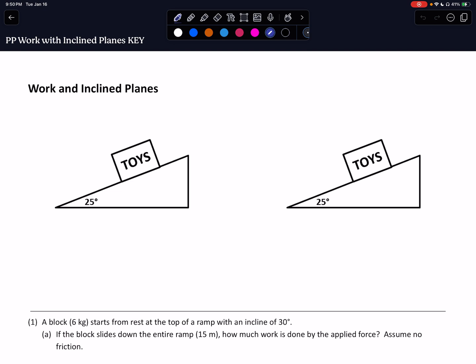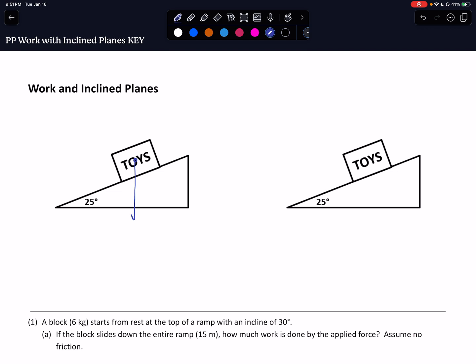This is the second in my series dealing with work and energy. This one is specifically going to look at when we apply a constant force, but the object is moving up or down an inclined plane. I wanted to pull this specific problem type out separately because it's a little tricky: you have an incline angle and then you also have this angle theta in your work formula, and sometimes it can get a little confusing. Just as a reminder, when you have an object on an inclined plane,